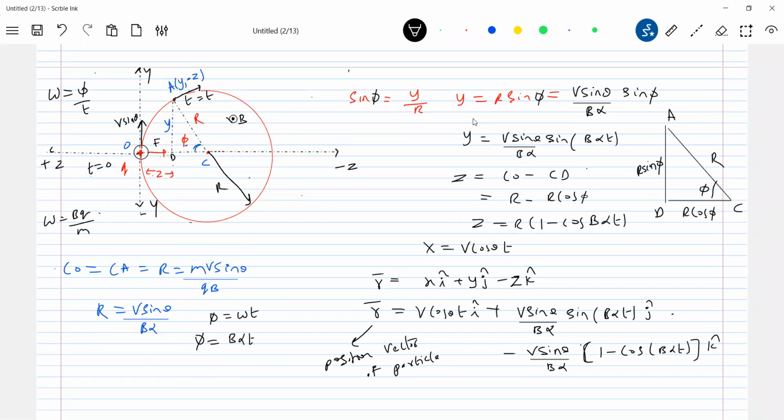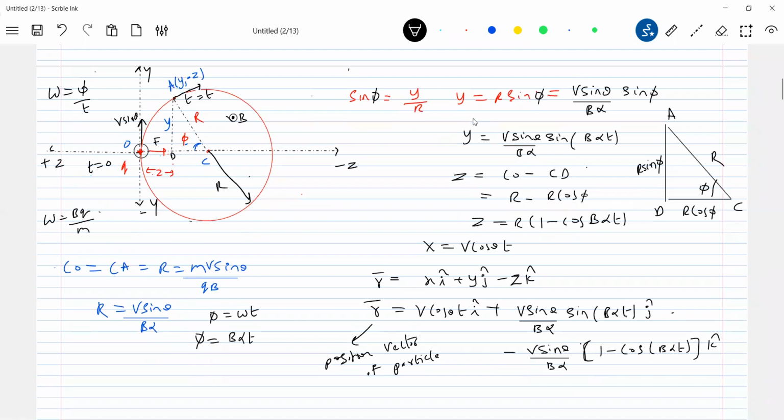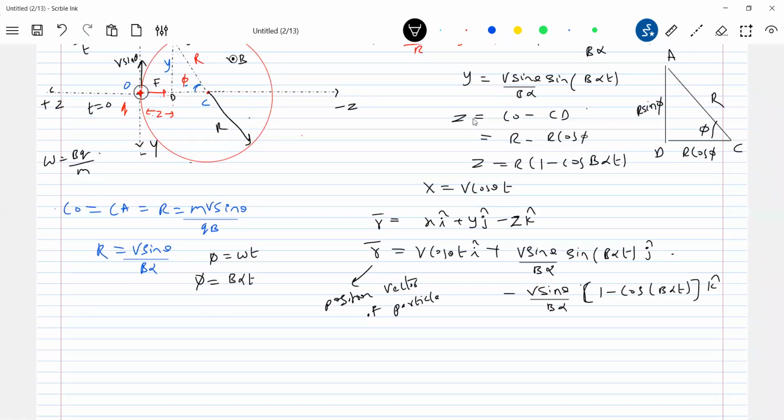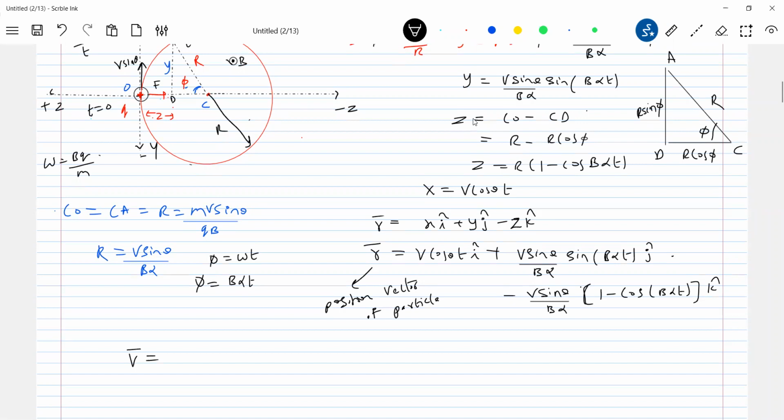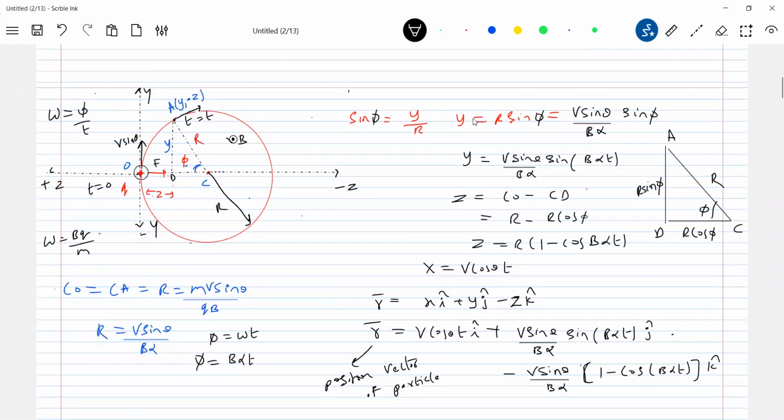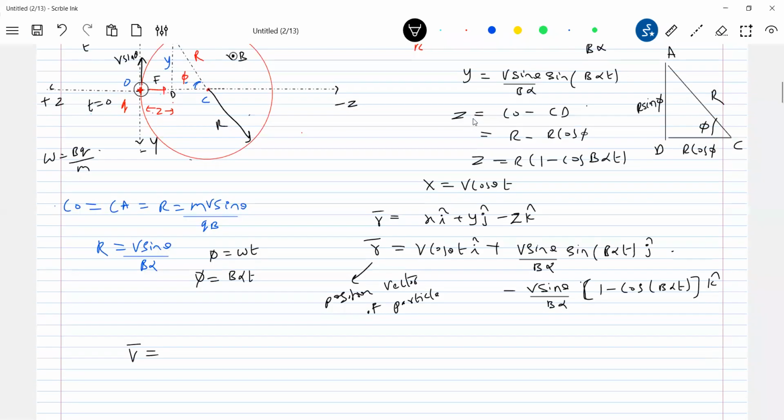Similarly, I want the velocity vector. How to bring the velocity vector? Differentiate. Or directly, you know, in the YZ plane. So here, speed will not change, no? V sin theta only. If this is phi, this is phi. So if this is phi, the vertical should be phi. So therefore, the x-axis component will be v cos theta i cap.